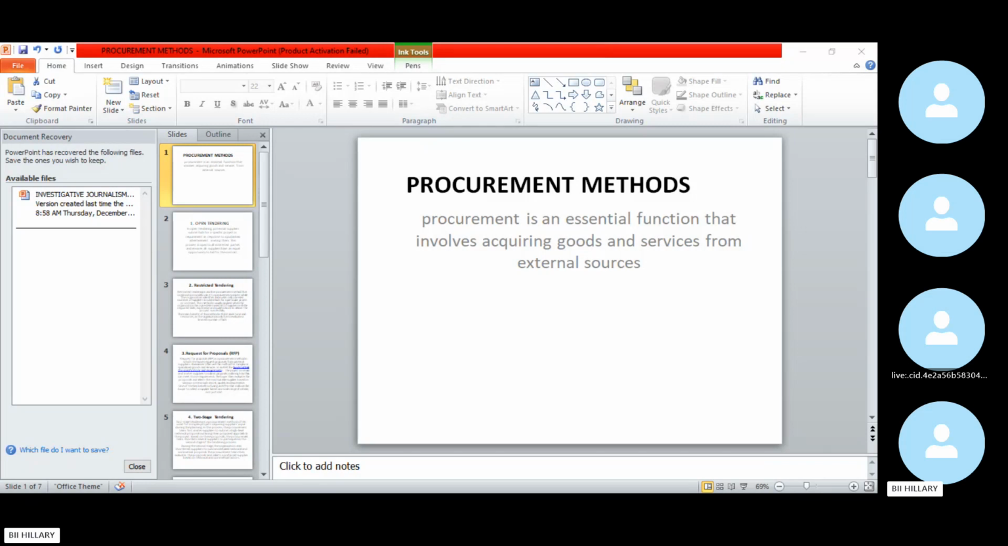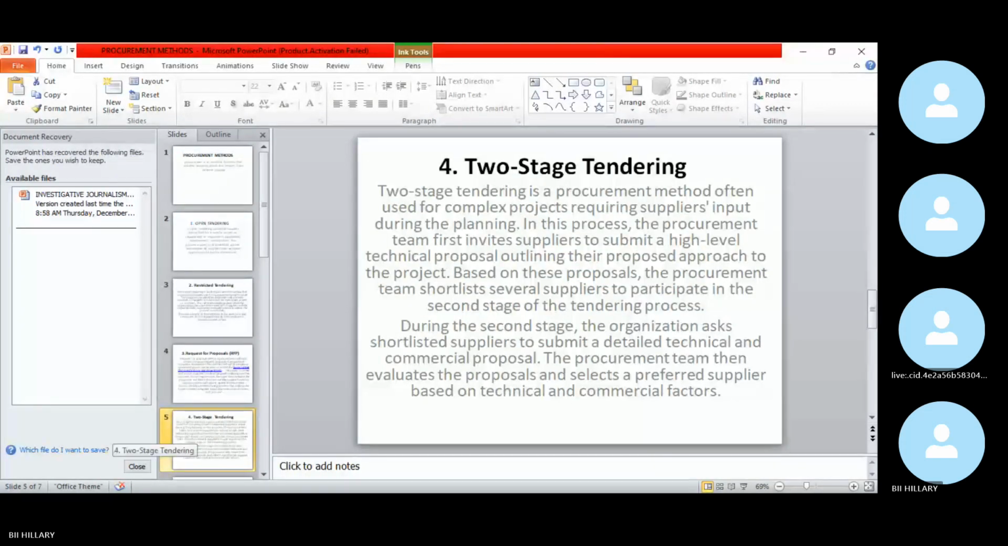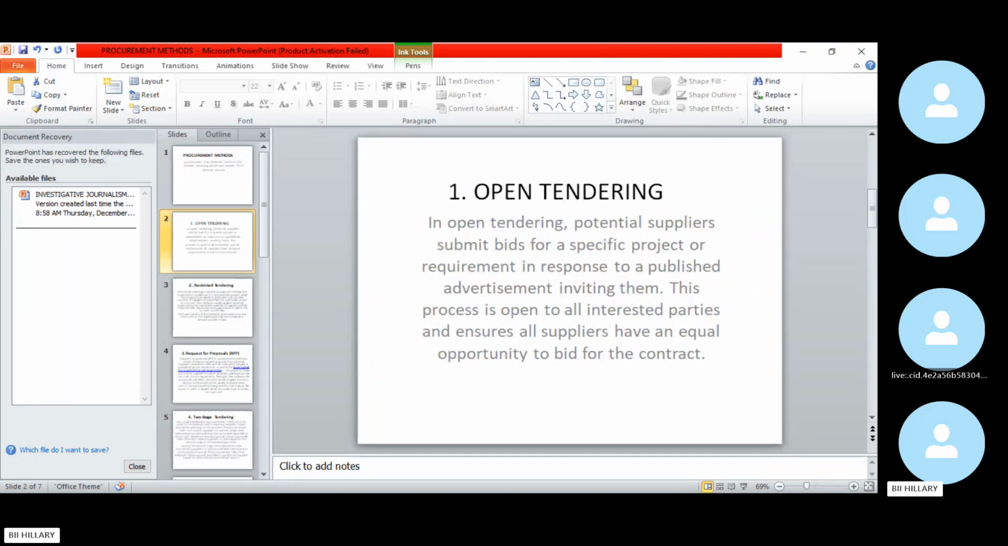And the major procurement methods, as you can see, we have: one, open tendering, restricted tendering, request for proposal, two-stage tendering, and maybe we will discuss much on each. And we are going to begin with the first, that is open tendering. Before I explain my understanding,